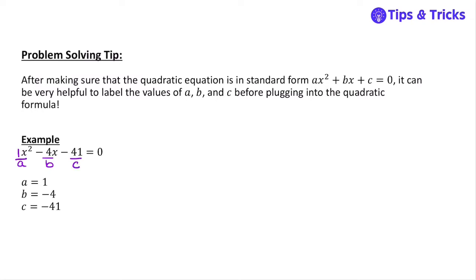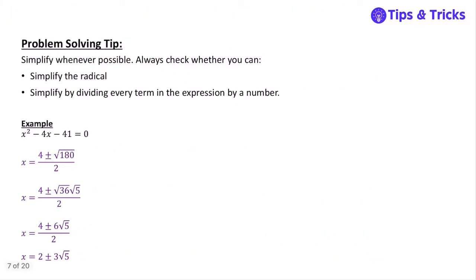I go ahead and list these out every time I do a problem because it helps me keep track of everything. Another problem-solving tip is to simplify whenever possible. Always check the radical and check whether you can simplify it. Then you also want to simplify by dividing every term in the expression by a number if it's possible to do so. For example, if we continue with this problem, x squared minus 4x minus 41 equals 0,